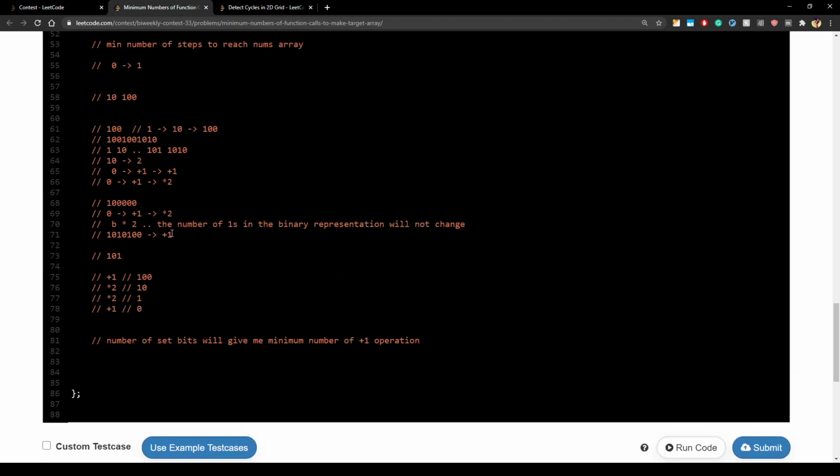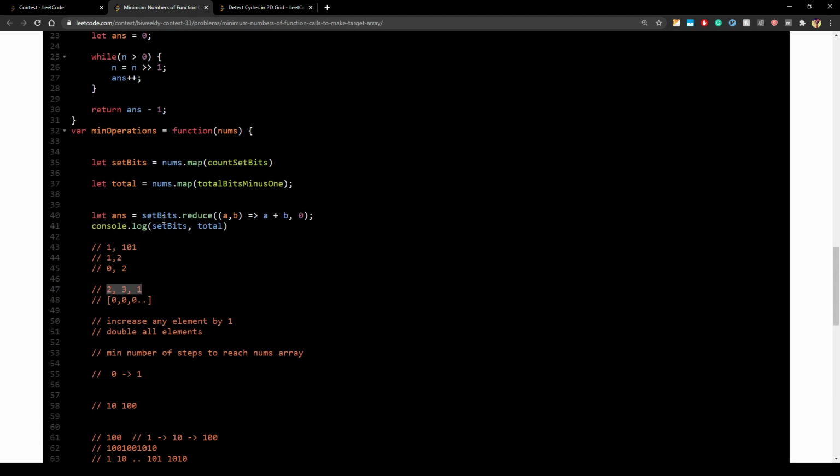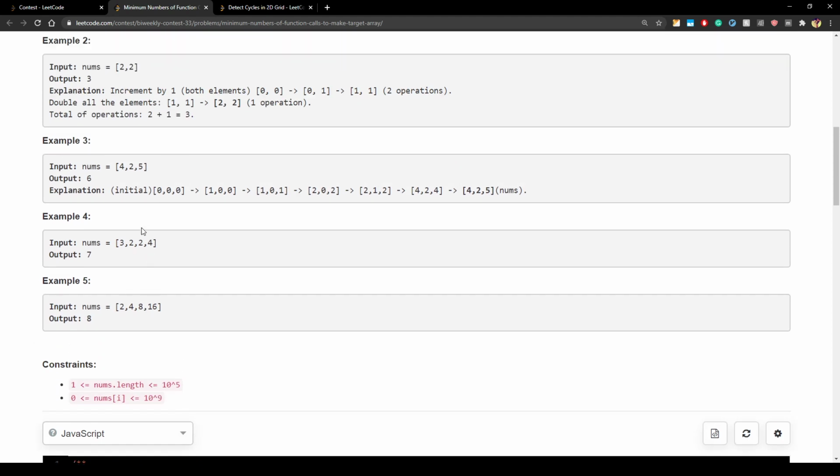In this case it is not very evident, so if we look at this example, how many times are we multiplying by 2? If we look individually at 4, we are incrementing it by 1, then doing nothing, then multiplying it by 2, and then again multiplying it by 2. So for 4 we do this operation 2 times.